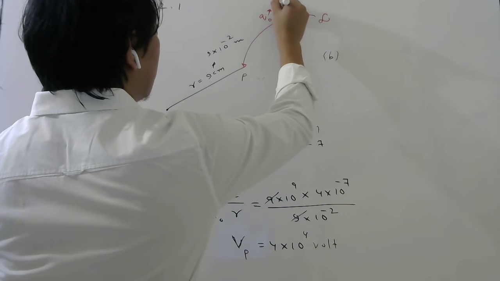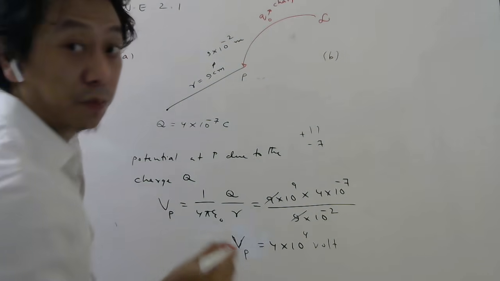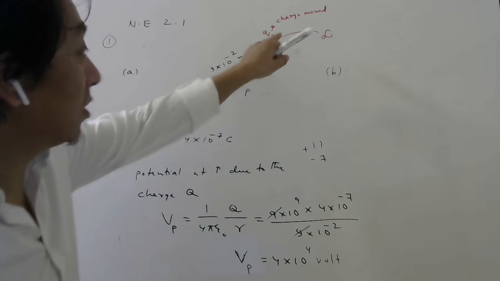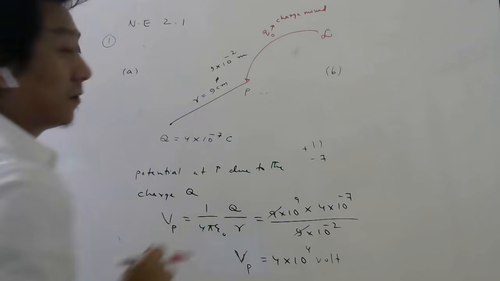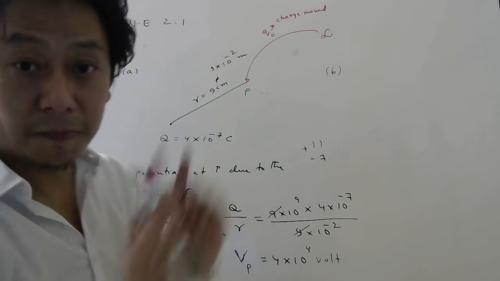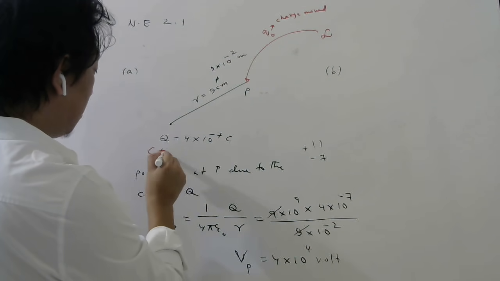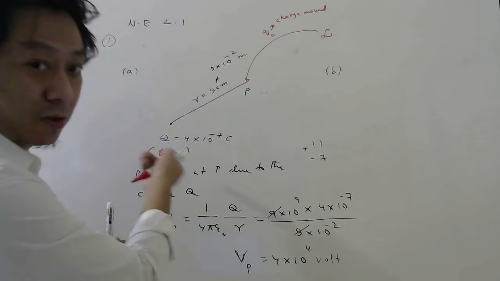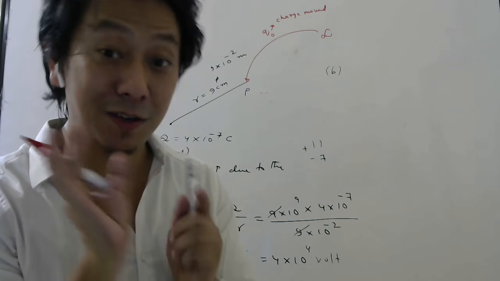This is the charge which is moved, or you can say brought, from infinity to that point. You will have to do work, yes or no, because this charge will exert some force. They have not mentioned this, but the source charge has to be assumed to be fixed. Otherwise, because of the repulsion, it is also going to move, right? But once they say source charge, it is always fixed, it is understood.